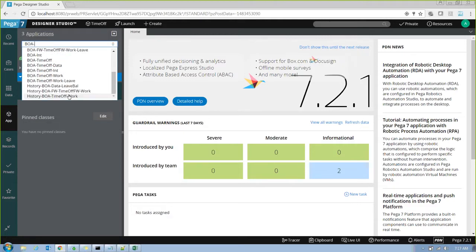So you got clarity of what a layer in Pega is, right? A layer is nothing but a class. ORG layer means a class. And BOA int is a class. BOA Time-Off is a class. All the classes. Framework layer means all of the framework layers, nothing but classes. Again, back to my implementation layer class.